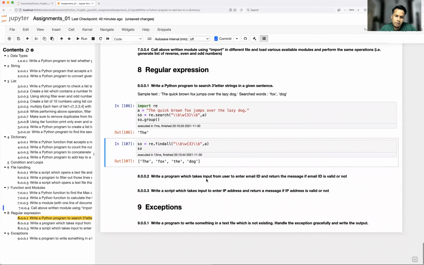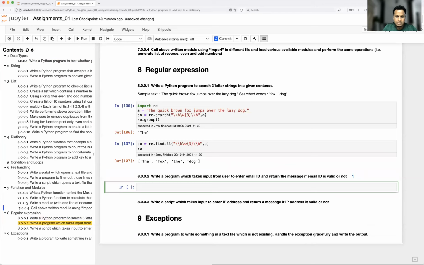Now write a program which takes input from the user to enter a valid email ID and returns whether the email ID is valid or not. I'm just going to tell you how to write the pattern, and later you can add the if condition for whether it is valid or not. Let's take one example of how you can form the email address.